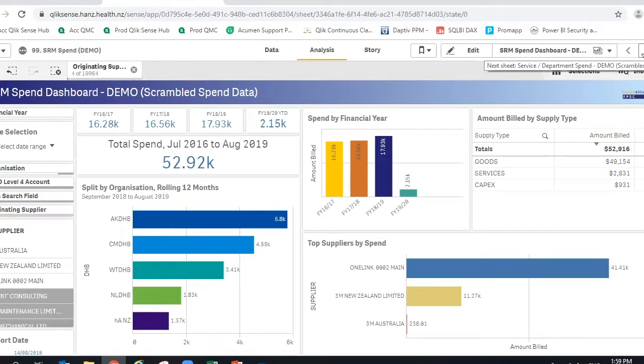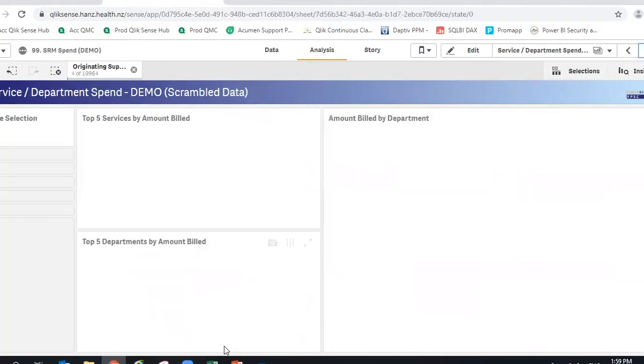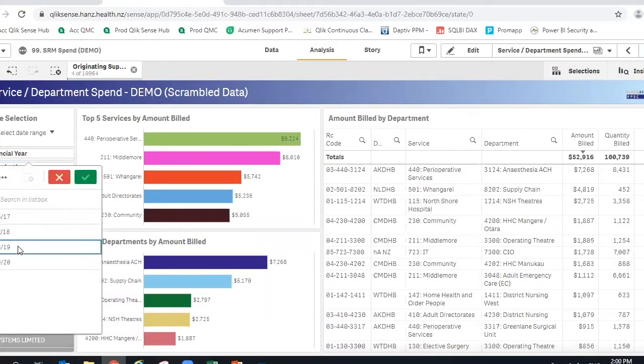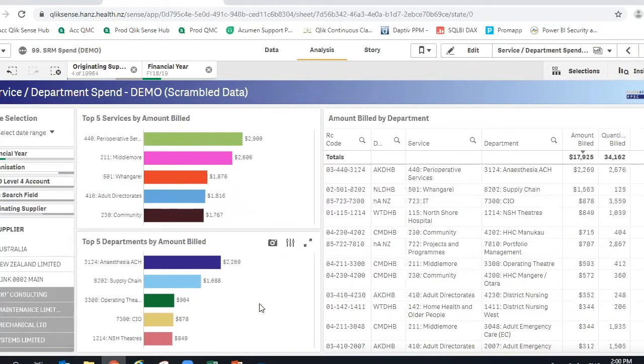So let's have a look at our, this will be our overview for a user as they start to understand a supplier as they're preparing for an SRM meeting. If we move through to the next piece, we can now see who in the DHB, which areas of the hospital, are using the supplier's goods and services. The analysis might become a bit more meaningful if I was to quickly filter on one financial year so that we can see the most recent financial year, for